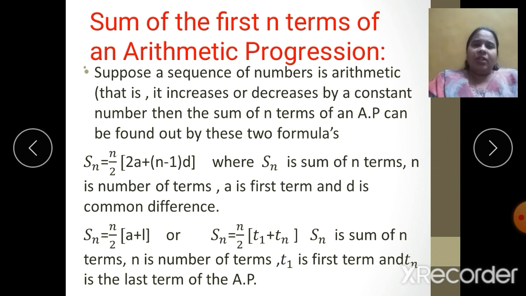Okay. Now what are the terms that are used here? Sn is the sum of n terms, a is the first term, d is the common difference, and n is the number of terms. So this is one of the formulas, you can say the long formula, to be used to find Sn, that is the sum of n terms. You have to learn it by heart: n upon 2, 2a plus n minus 1 into d.